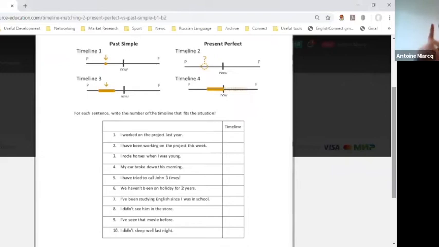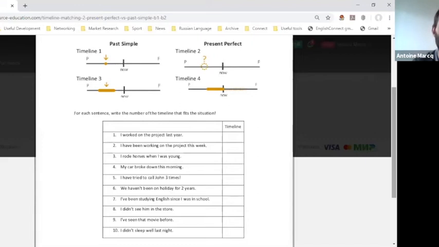And very quickly, make assumptions. What is the person trying to say? I've tried to call John 3 times. Well, he's obviously desperate to talk to John. He's probably got something important to tell him. John is probably busy right now. There's no answer from him. So you see, you can play these different games with a lot of these activities.